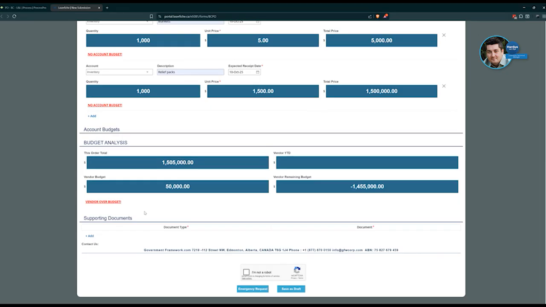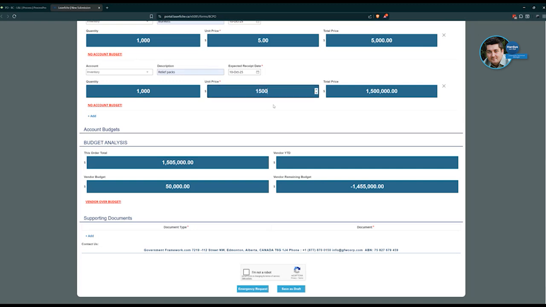So that is exactly the behavior we want, where at every step, once we get to certain limits, we trigger information on the form so that the requester of this form can be informed when making decisions, as well as the subsequent approver. They all have the same information available to them right on the form,